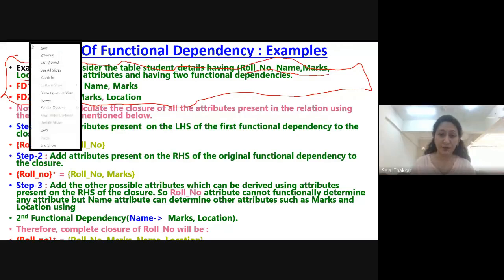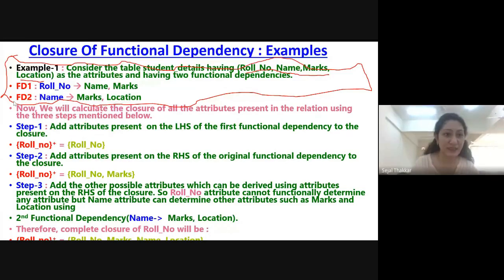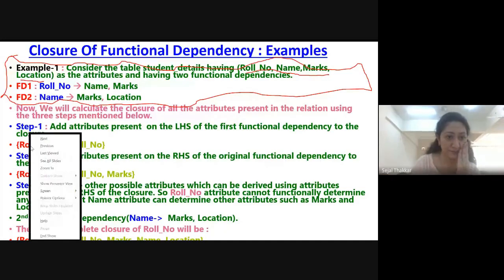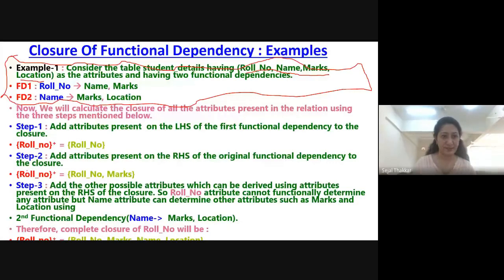Now from the functional dependencies, see here. I have to find out the closure of roll number, that's why roll number itself will come. Second thing, we are having two dependencies given, and we have to check all of them.